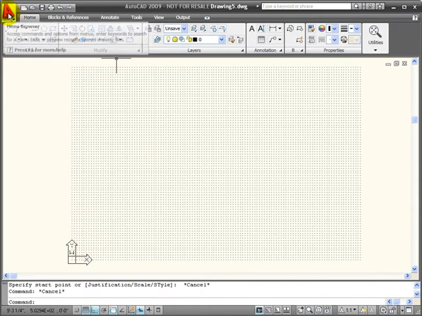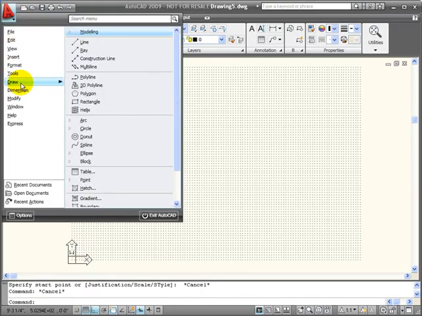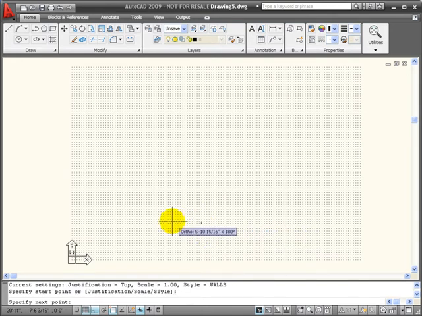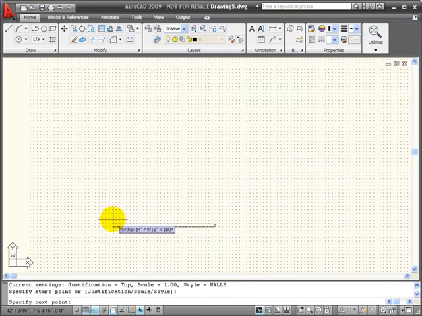I'm going to start my multi-line command, and from the Draw menu browser, I'll choose multi-line. Down here on the command line, I can see that my style is set to walls. So I'm going to choose the starting spot down near the bottom in the center. And for my first wall here, I'm going to use a relative amount. I'm going to say at, and I want to move to the left, so it's going to be negative 11 feet, and I have to put in the foot symbol, 6 inches, comma, 0 on the Y,